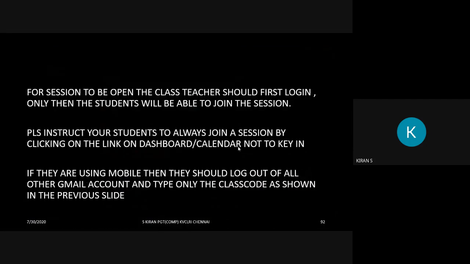For a session to be open, the class teacher has to be there on board first, then instruct the students to join any class by clicking on a link, mostly because that is safer. And in case they are using a mobile phone, they should sign out of all the Gmail accounts and use the class code which we discussed now to sign into the Google Classroom.